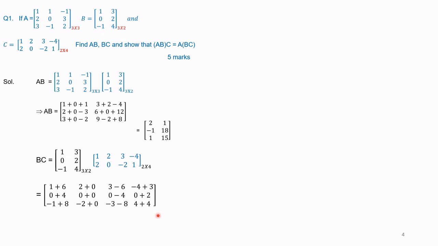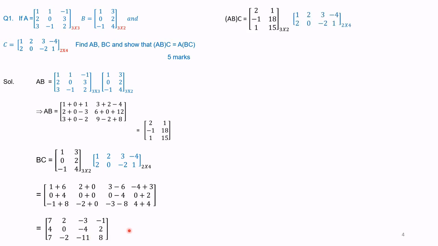So we have got all the elements of BC. That will be simplified as 7, 2, minus 3, minus 1, 4, 0, minus 4, 2, 7, 2, minus 11, 8. So this is BC. Next we are required to prove that AB within brackets into C is equal to